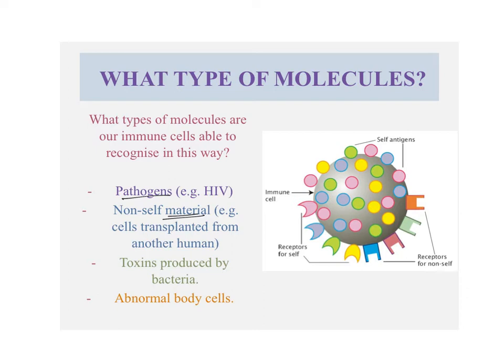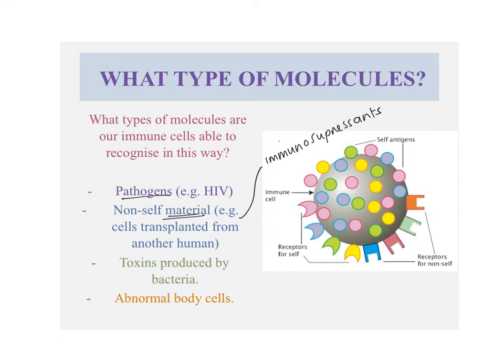Maybe you've had a kidney transplant because you've had kidney failure, and that's going to come from someone else. And if the body recognises that you've got a cell or a set of cells in an organ that isn't your body, again, they're going to be like, oh, hell no. So this is why people who do transplants have to take immunosuppressants. So they want to suppress their immune system, reduce the immune response, so we don't get that kind of self-non-self